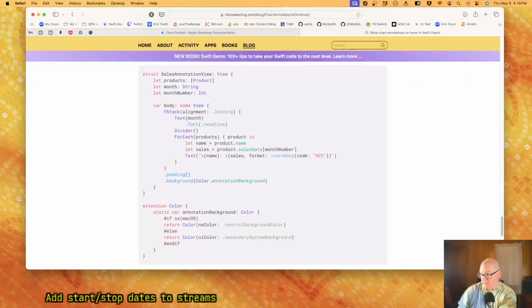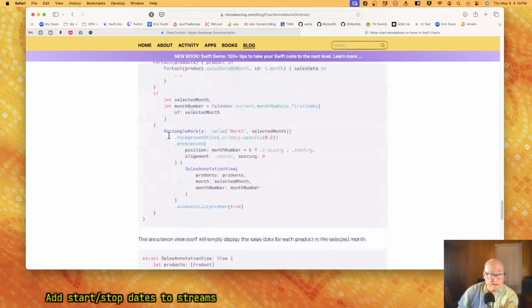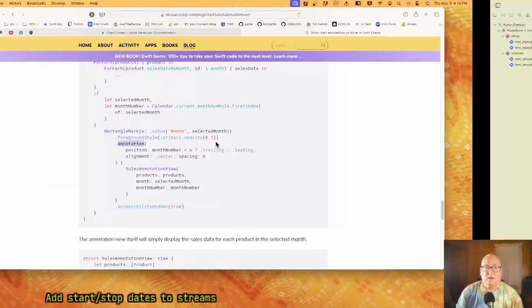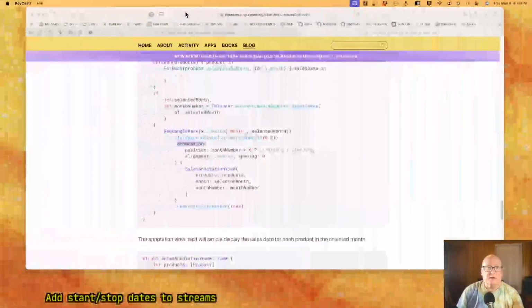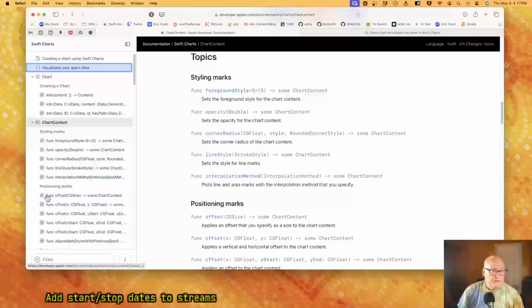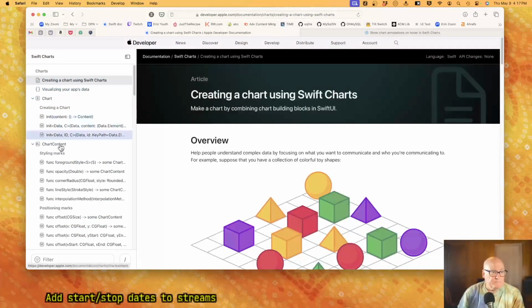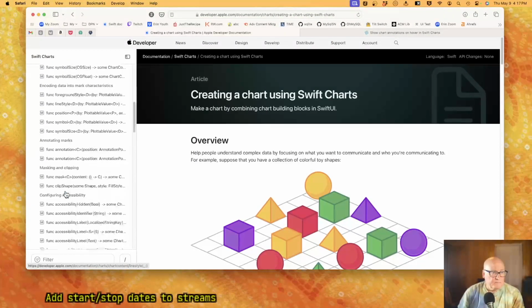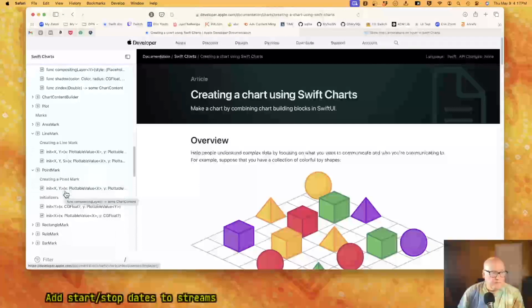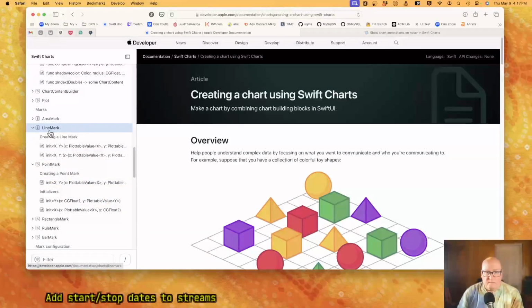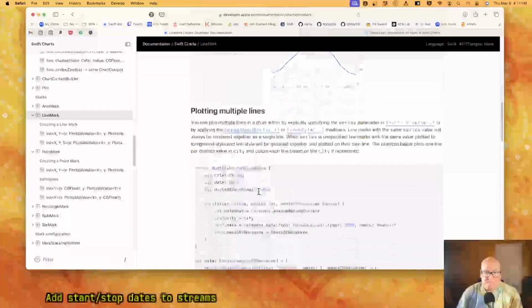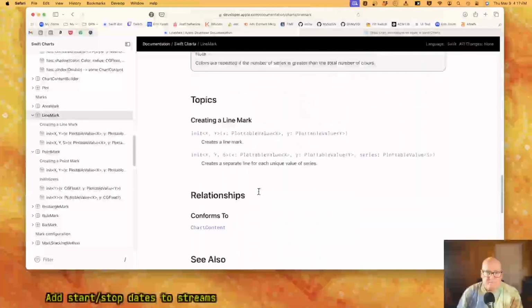Yeah, foreground style linear gradient to change color. Yeah, we should do that. But I think this notion of annotation. Let's look at line mark and see what we can get for annotation. Wow.